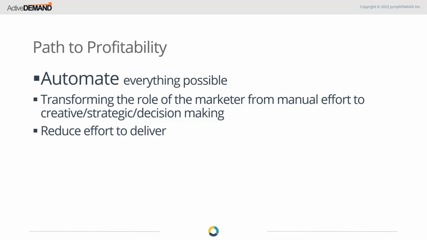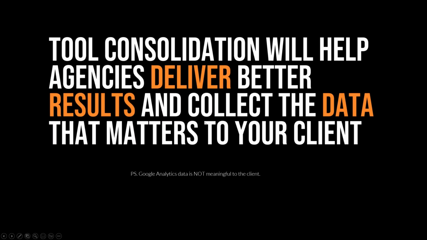And very important in this story is reducing the effort to deliver that playbook through automation. So definitely a way to do this is through technology. And if you have a disparate set of tools, it makes it very difficult for you to, one, shove the value in the client's face because you don't know where that value is. And bouncing around between tools is definitely a way to